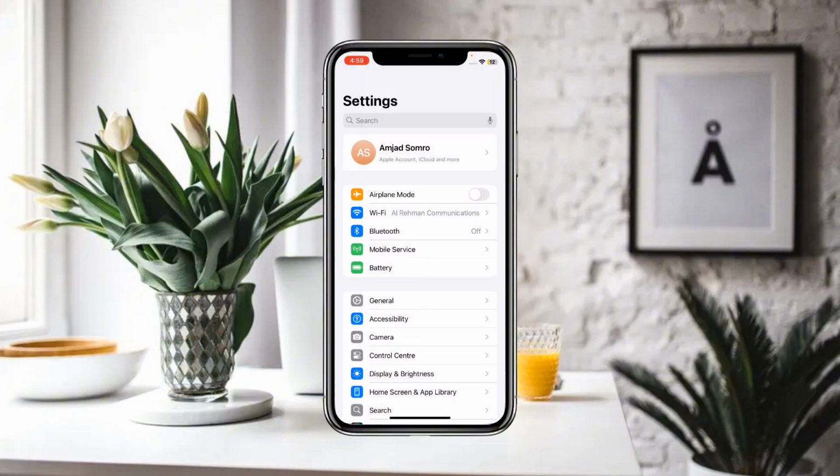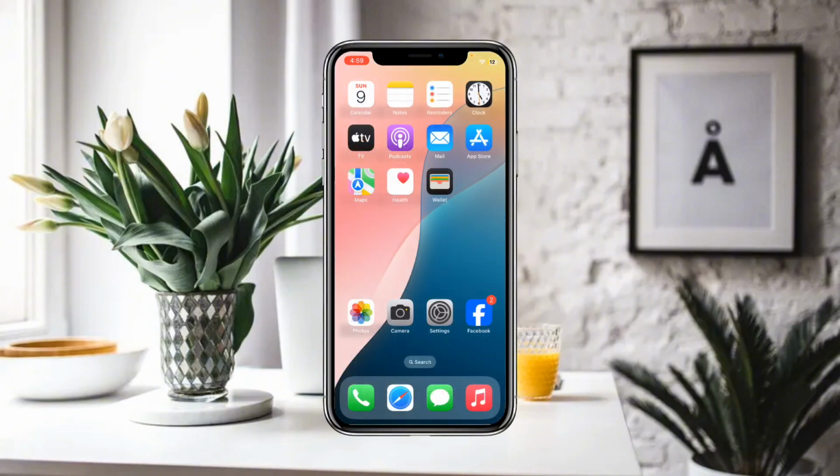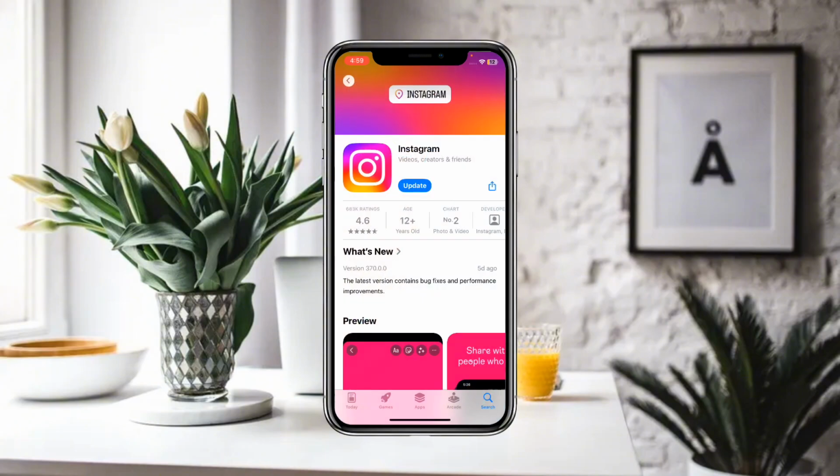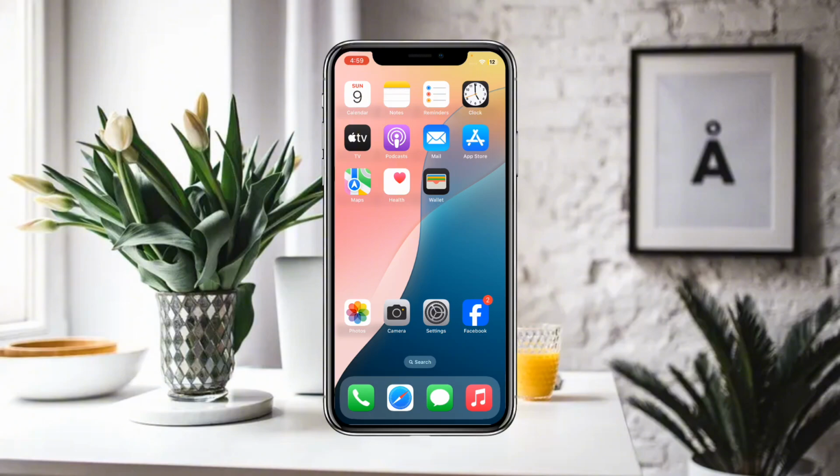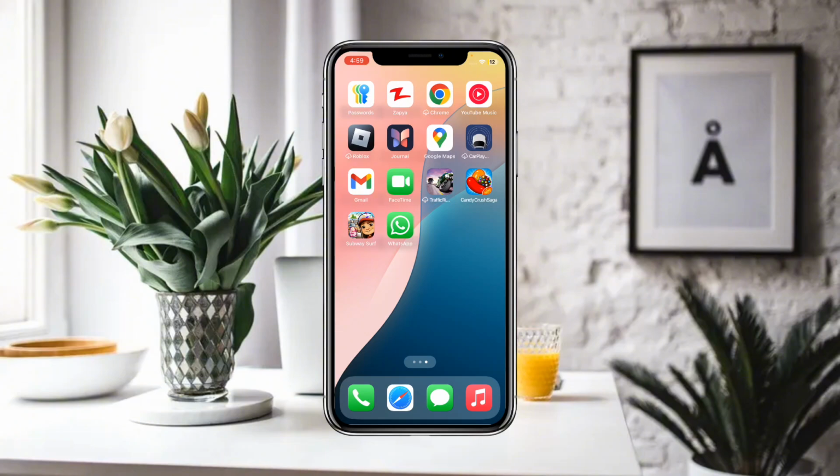After that, you have to open the App Store here. In the App Store you have to search for the Instagram app, and after searching for the Instagram app, you have to make sure that you have installed the latest version of the Instagram app. And after checking the Instagram update and installing the latest version, you have to open